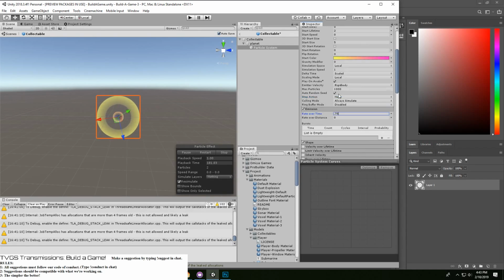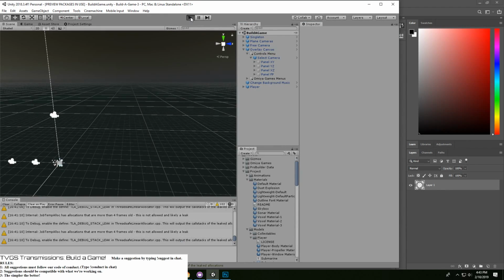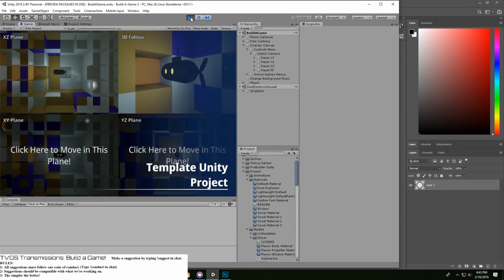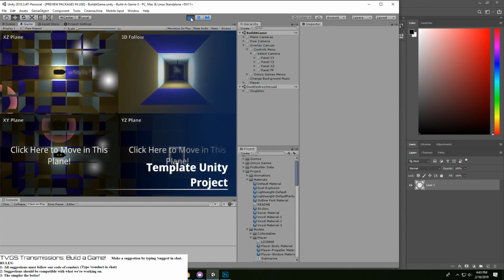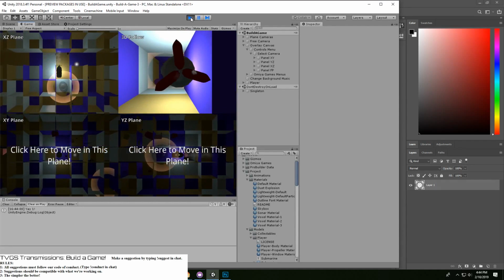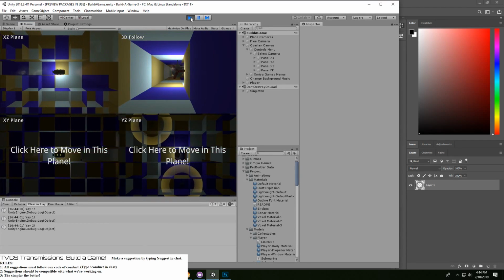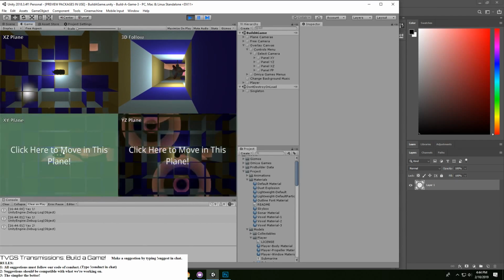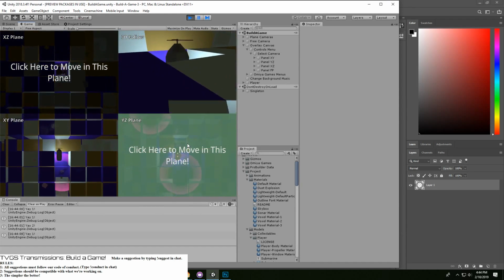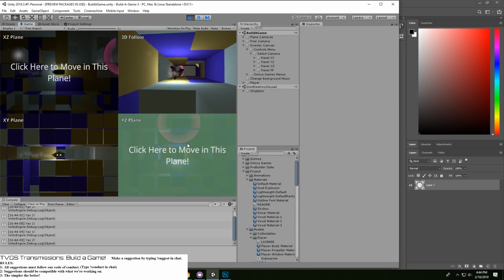Yeah, that looks good. That looks like a legit sonar. So, in theory, there we go. See, that's actually indicative of where things are. Yeah, I like this better.